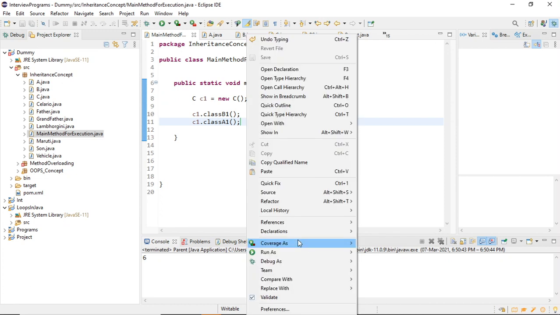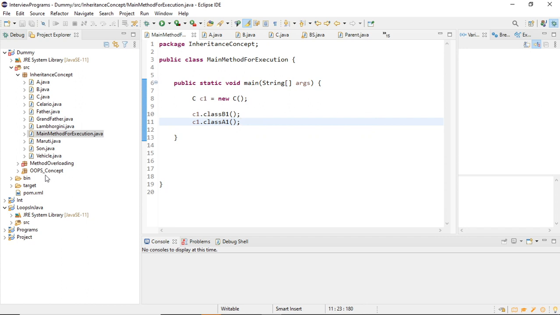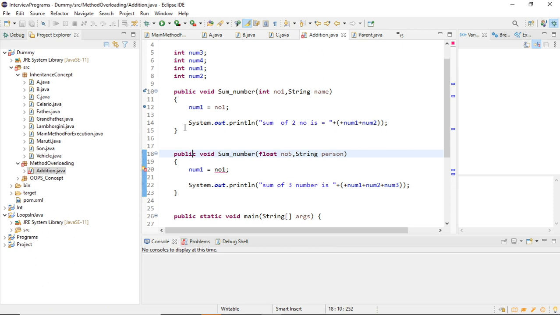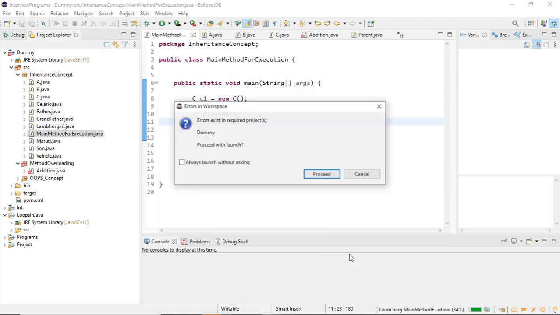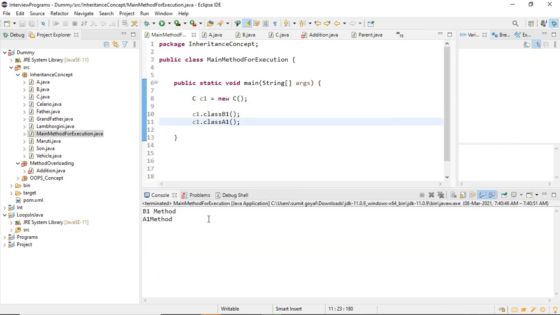So if I run this program, okay, if I run this program, so you can see both the methods, B1 method and the A1 method, output is printed, because we are using multi-level inheritance. So this part is clear to everyone?